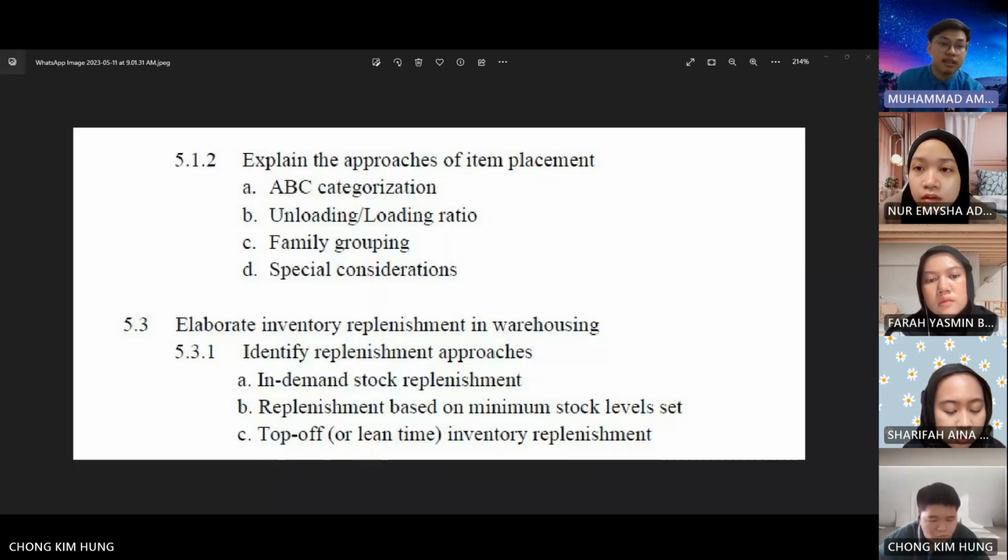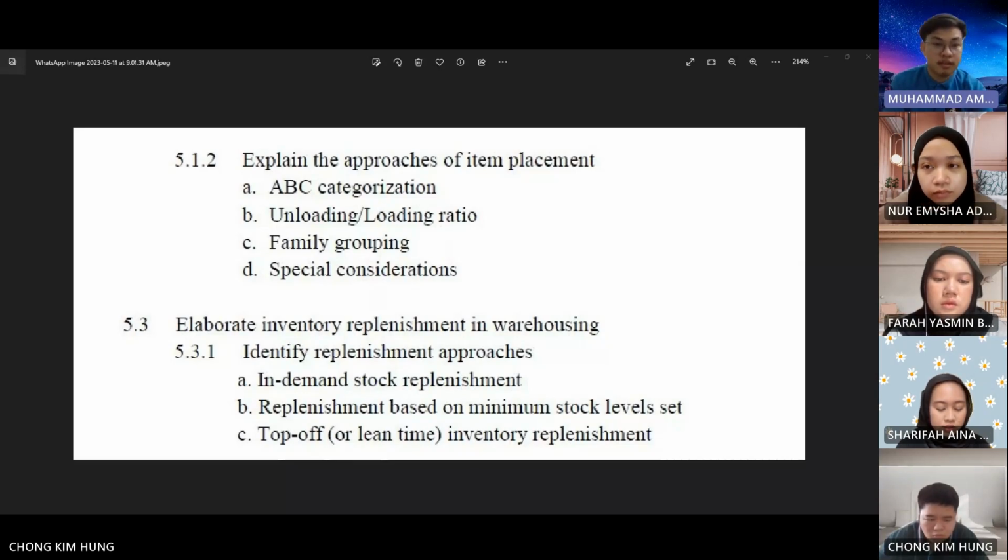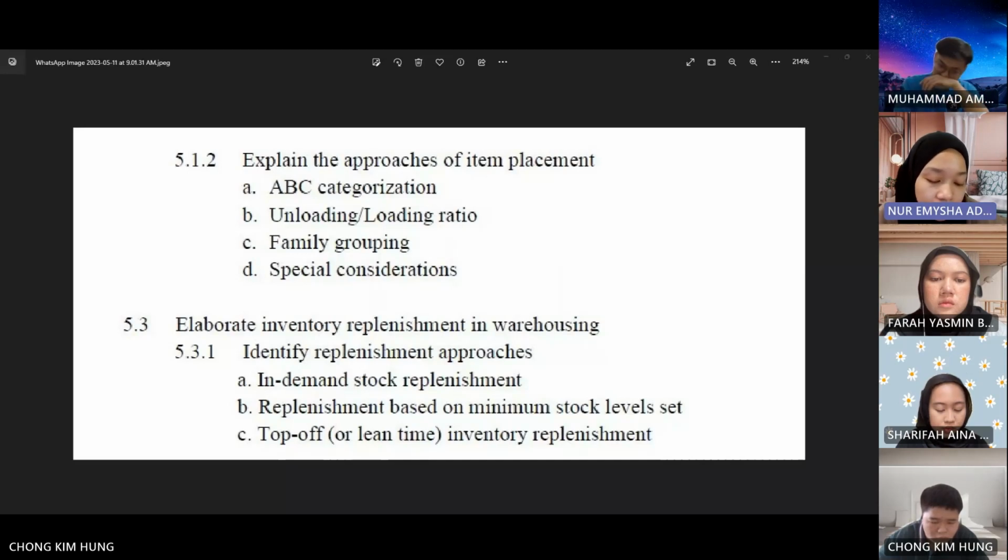For the next task, elaborate inventory replenishment in warehousing. There are three types of replenishment inventory. The first one is demand inventory replenishment. Demand inventory replenishment models make sense for a warehouse with limited space and picking locations. It is best used in situations where it is inefficient to dedicate significant space to a single item. In demand replenishment, the replenishment quantity should be just enough to fulfill a pending order or group of orders without